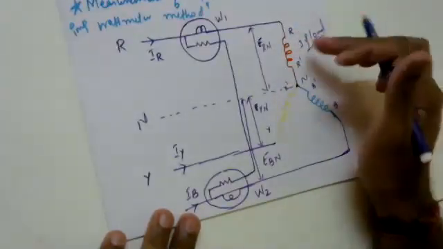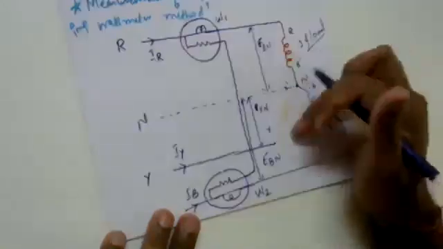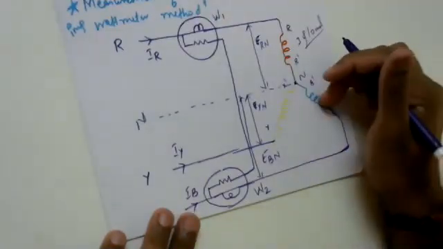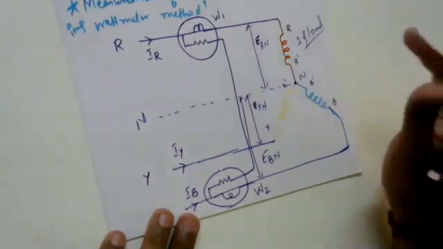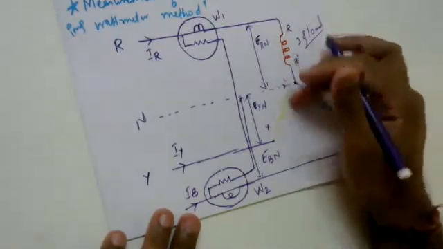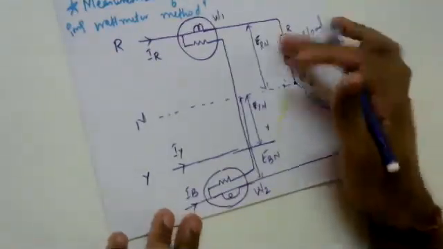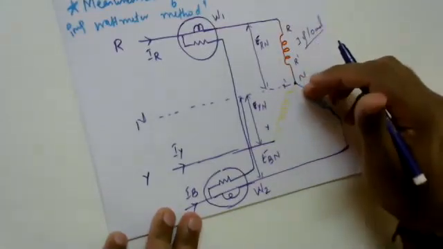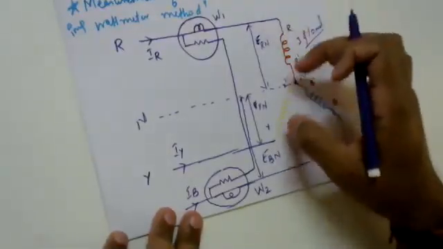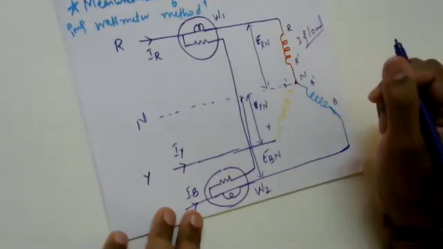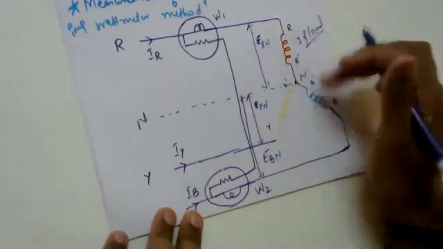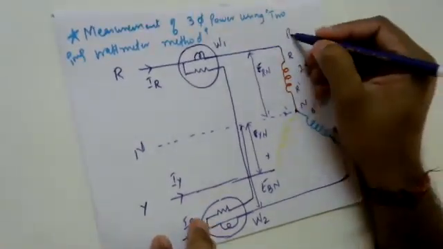So this can be anything. It can be a simple resistive load, or it can be resistance in combination with the inductance. One important thing that you people need to understand is that this load, what we are using, is a balanced load. When I use the term balanced load, I hope you can understand that the impedance offered by each phase is the same. Right? So the three-phase load, what I'm considering, is a balanced load.